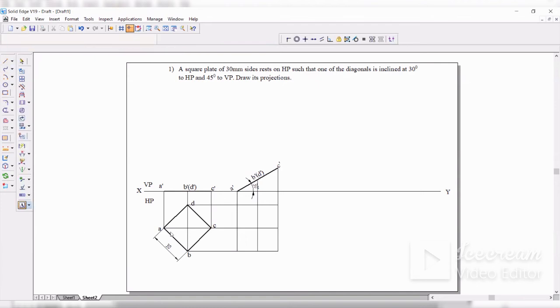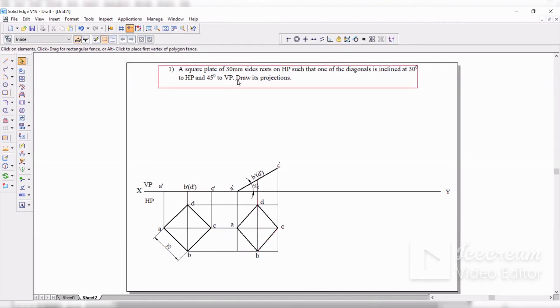Now name the corners now. First, this is A. This is B. This is C. This is D. Now let me join all of them. So this is A. I should get the corners. The cross mark represents intersection. So from A, here end point is there, B, no problem. C again end point, but here again intersection D, then back to A. So this is my second question. So inclined with 30 degree with respect to HP over.